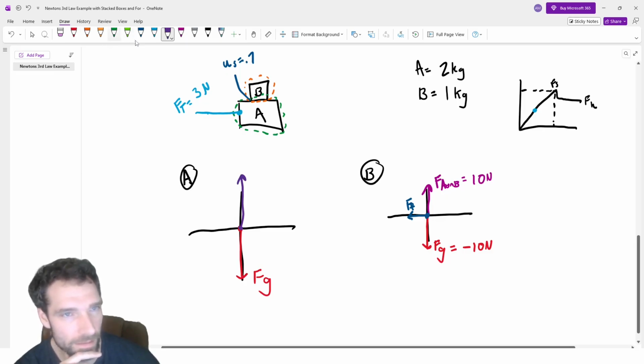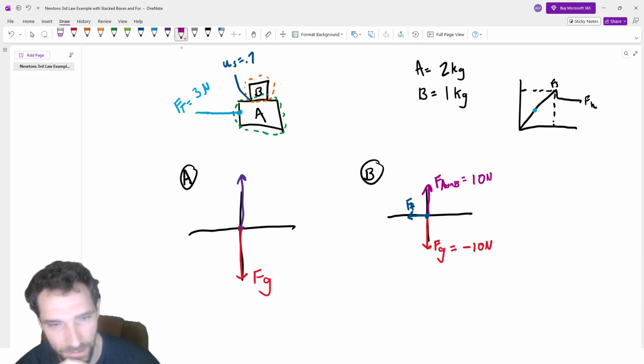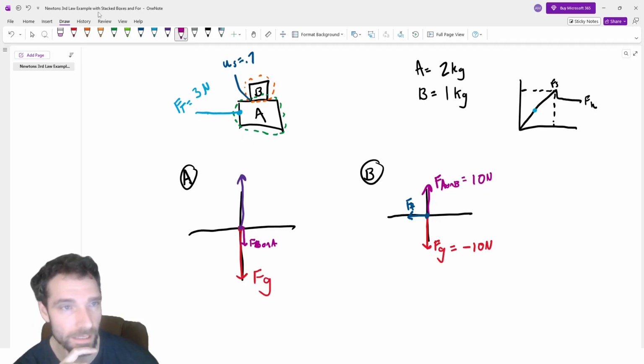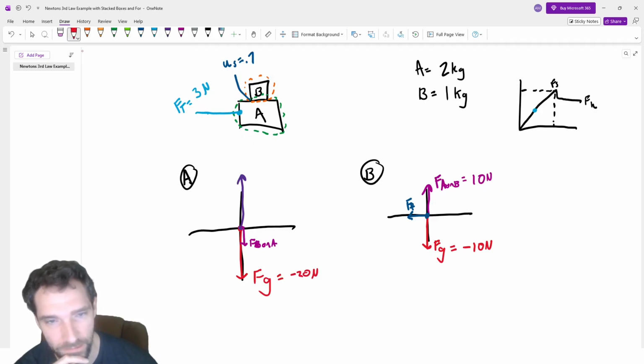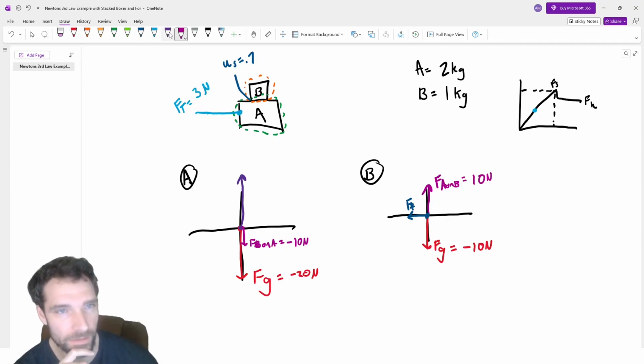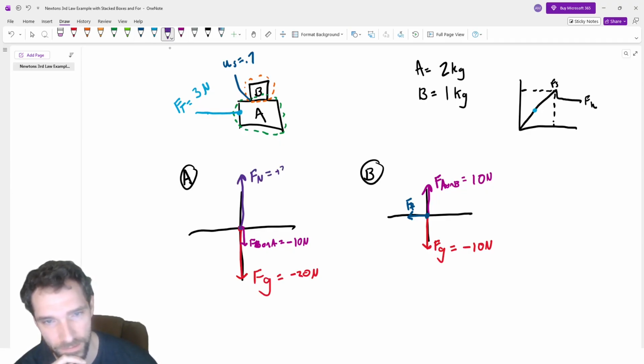And we're getting a force downward on this, the force of B on A, pulling that down. So if we've got a negative 20 newtons here, like we did last time, and we're seeing that this is a negative 10 newtons there, then we have to have a force that's going up on this of plus 30